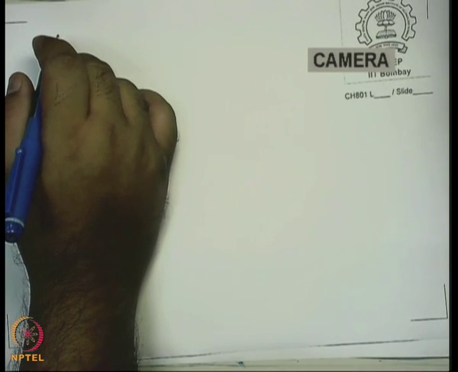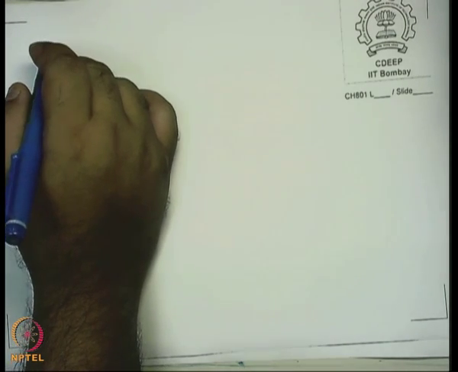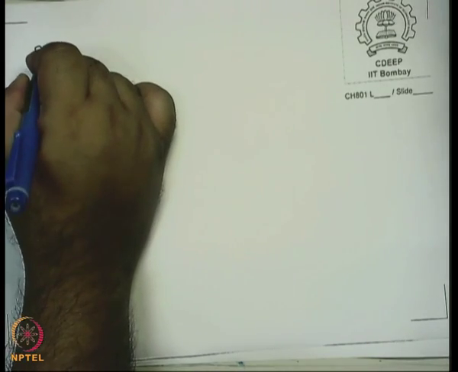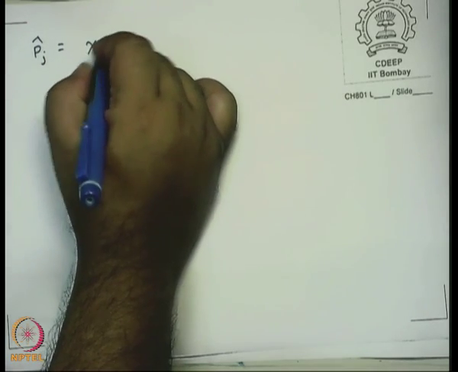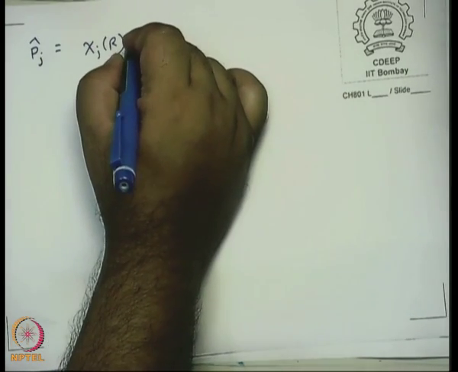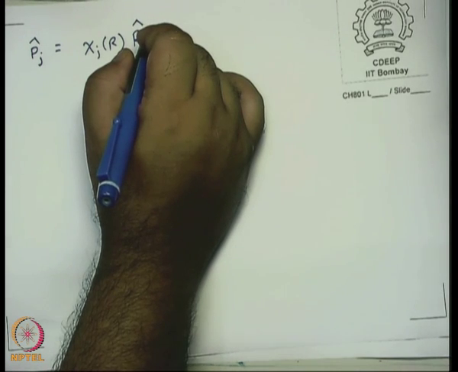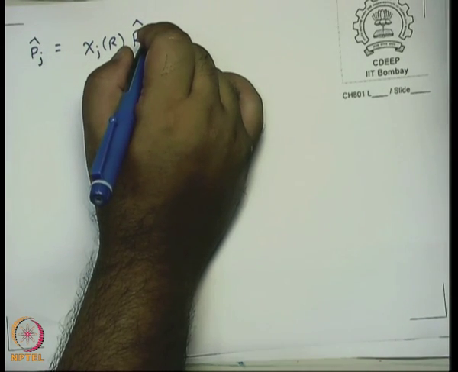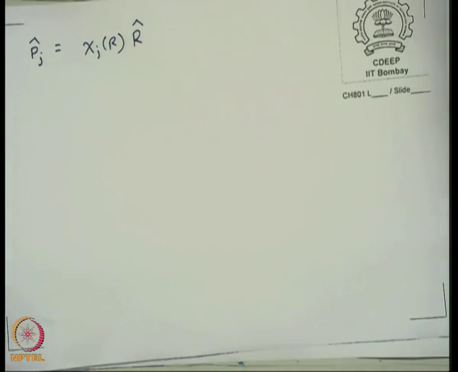So, let us see what we are trying to do. Projection operator of AU. Why are we doing AU all of a sudden? Because we know that AU symmetry is there for set 1. So, let us try and work out the projection operator. What is the projection operator? Just to remind you once again, it is chi j of R, times R. Is that all? Or is there a sum somewhere? You have to sum after all, right? So, let us do that.